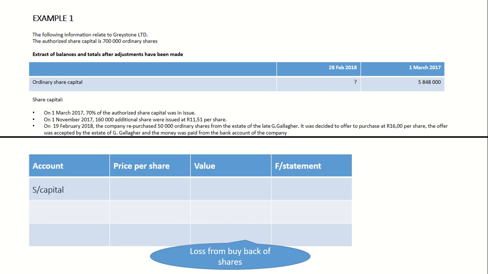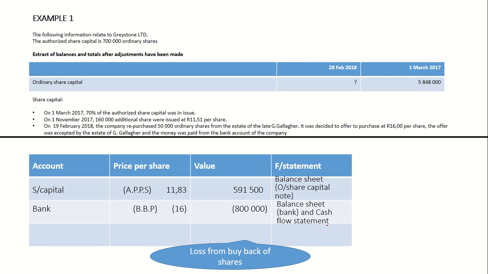I'm going to show you guys how I calculate my profit or loss from the buyback. I normally start with my share capital, which is my account that was affected. Share capital will only increase or decrease at original price. In this case, the original price of shares bought back is 11 rand 83 cents. We're going to multiply that by the number of shares that were bought back. The number of shares that were bought back will simply be 50,000, and you're going to multiply that by 11,83. It'll give you a value, original price of the shares that were bought back. This amount will be recorded in the balance sheet and it reduces your ordinary share capital.